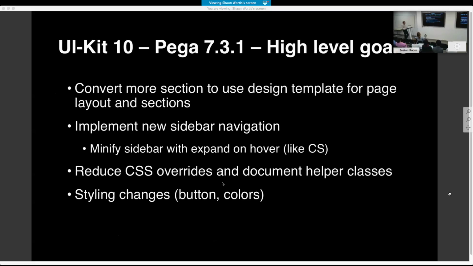We'll also implement a new sidebar navigation, which is mainly the ability to minify the sidebar and expand it, to focus, like customer service at one point in the application. So this is definitely something that all Pega applications will have to migrate to when UI is available for the sidebar navigation. We're going to do also some cleanup on the scheme formats, CSS overrides, and do a better job